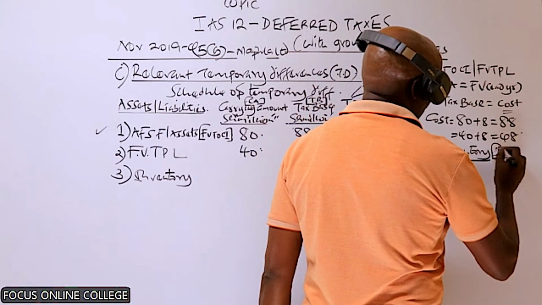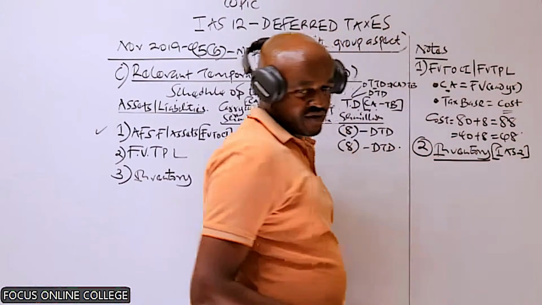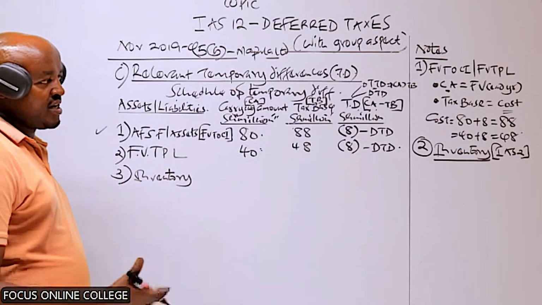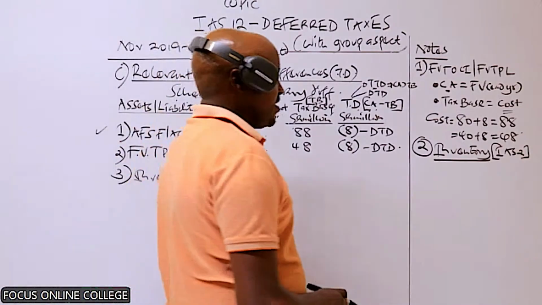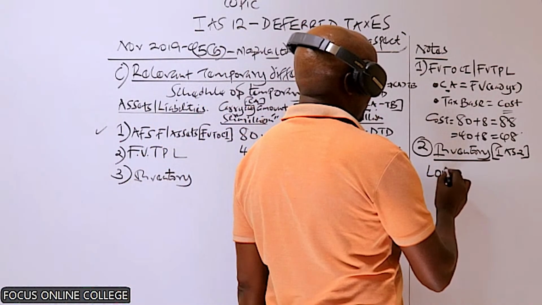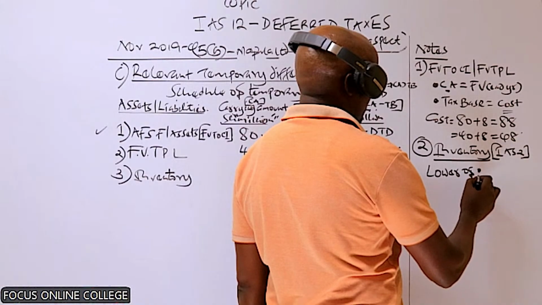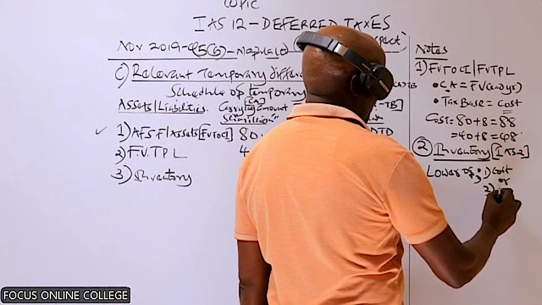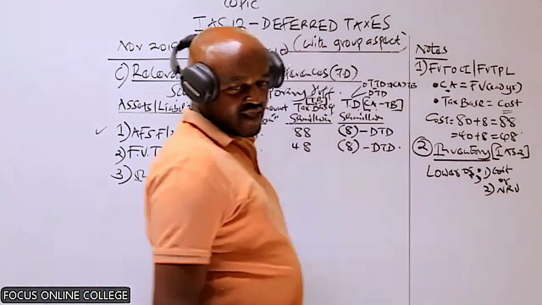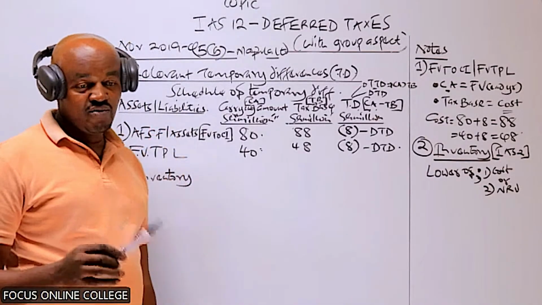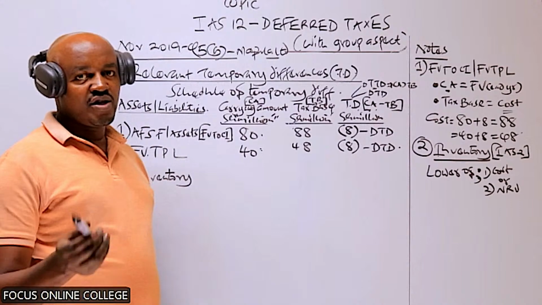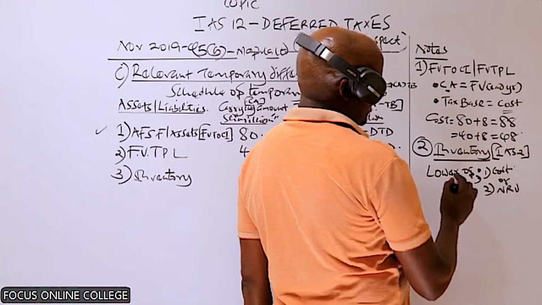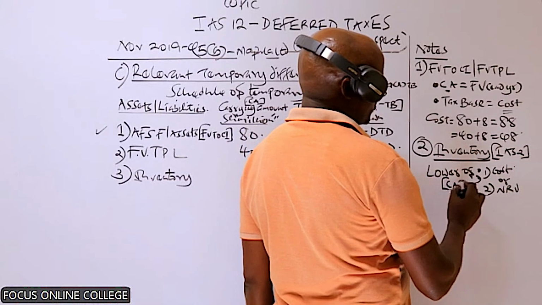Inventory. The first thing we need to recall is that inventory here is valued in accordance with IAS 2, International Accounting Standard number 2. This is the standard which guides the company on how to determine the value of inventory. So according to IAS 2, inventory is always valued at the lower of 2 values: 1, the cost, or 2, the net realizable value. Inventory is a current asset. We record the inventory in the statement of financial position at the lower of these two. So meaning that the lower of these two is basically the carrying amount. So the inventory